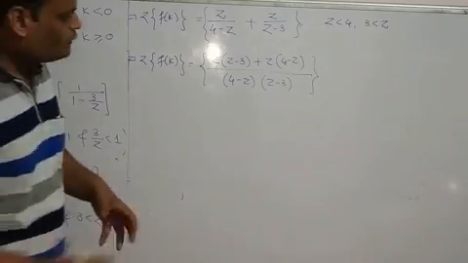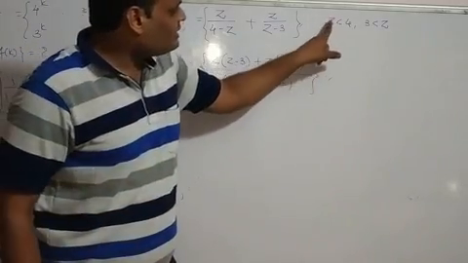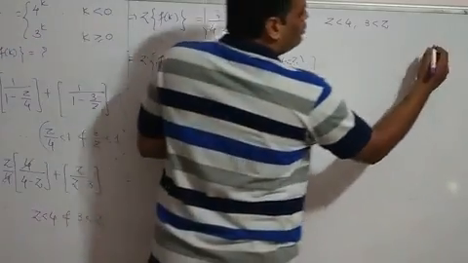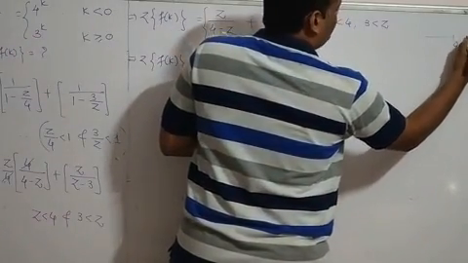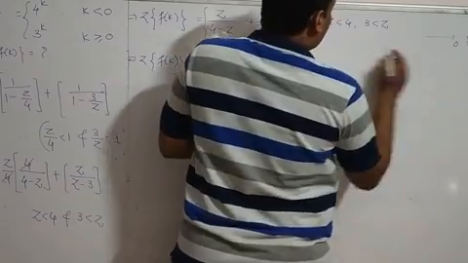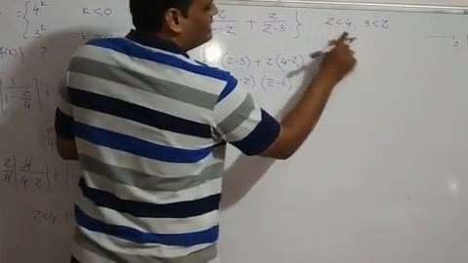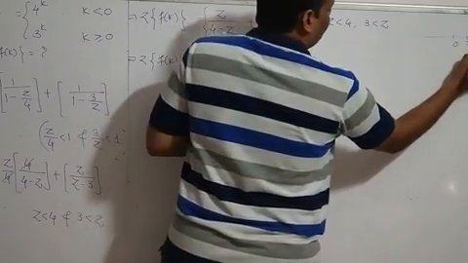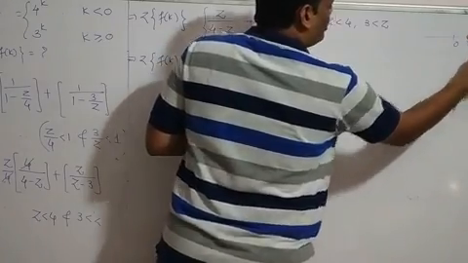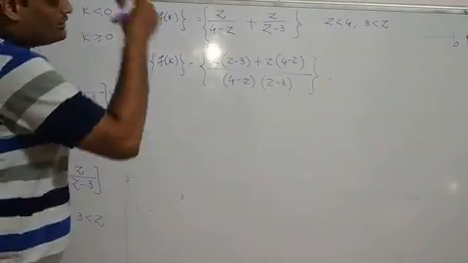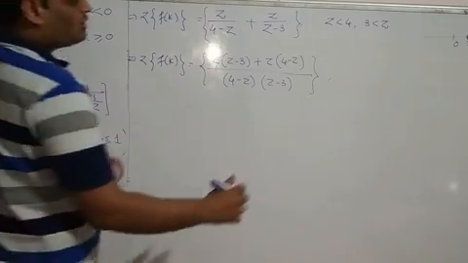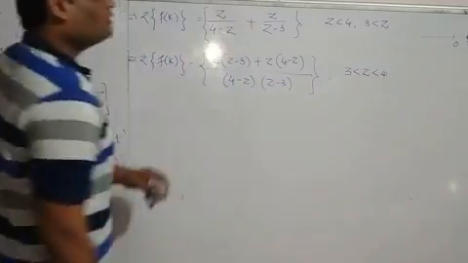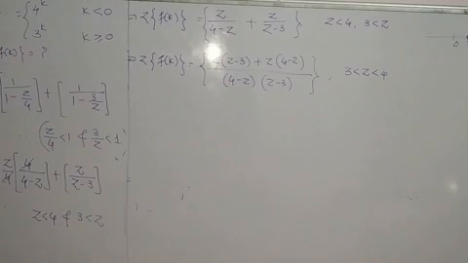Okay. Now if you see the radius of convergence, z is less than 4 but z is greater than 3, right? So if you make the real line, here you have 0, here you have 3, here you have 4. So z is less than 4 but it is greater than 3. So z is in between 3 to 4, right? So instead of writing these two inequalities, we will write it as 3 is less than z is less than 4. Okay, that will be your radius of convergence.